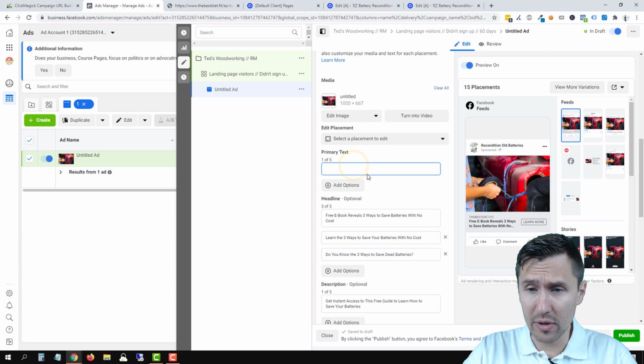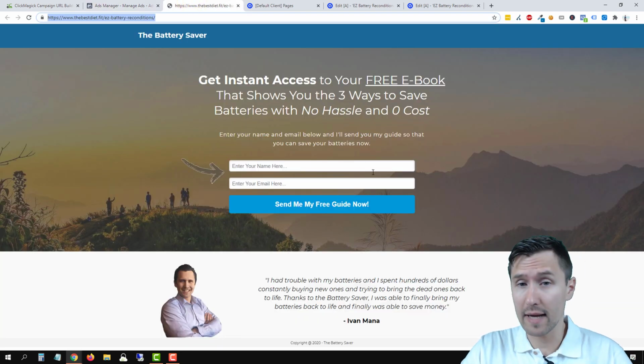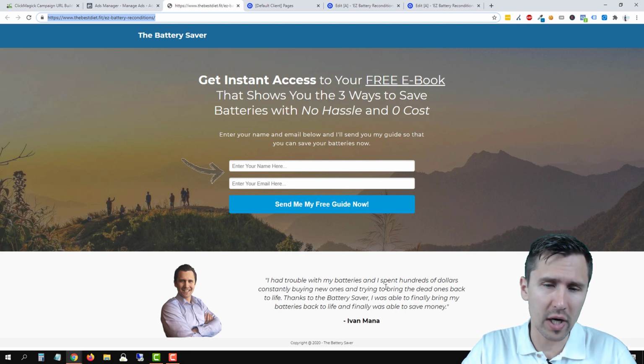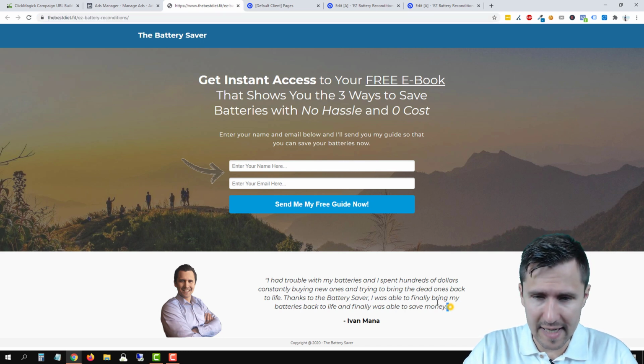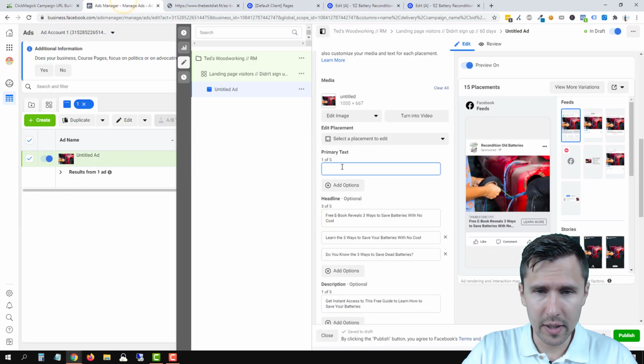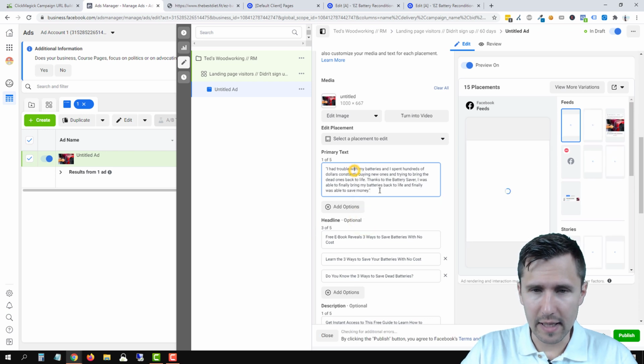And now for the primary text. Okay, so obviously, this page didn't work. Again, we can try the same exact message. We could copy our ad and just show it to them over and over again. It might work. Or we could do something else. So for example, let's suppose we're going to try with a testimonial. We're going to add that here. We could say something like,